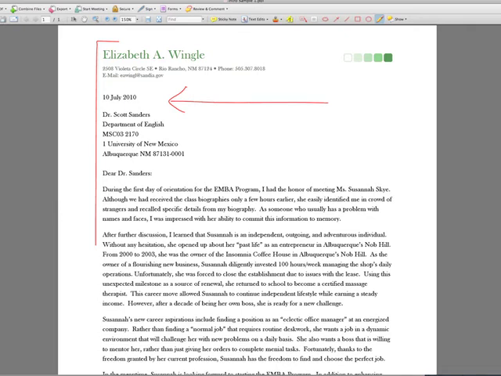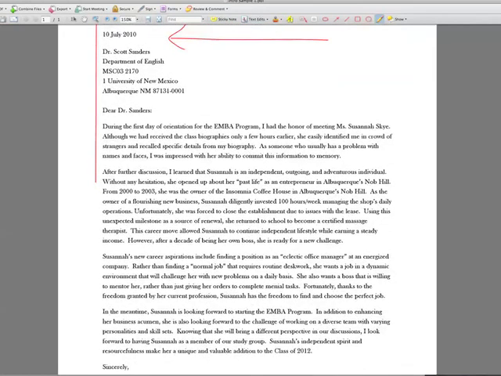Ms. Wingle has created her own letterhead for the inside address here, and actually I'm going to go through and just delete her phone number, because you're under no obligation whatsoever to share your actual address or your actual phone number. You can just use the old movie phone number, 555-1212, or some other version if you wish. Of course, with the bio notes we've shared, maybe it's not a problem for you to share a residential or business address. The format is perfectly correct.